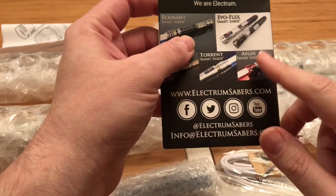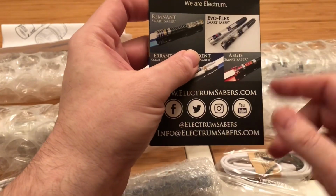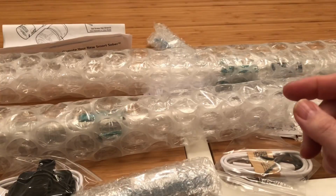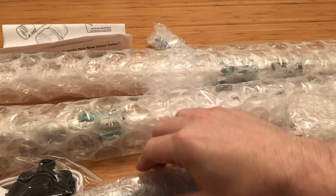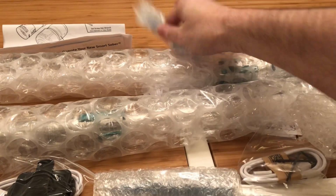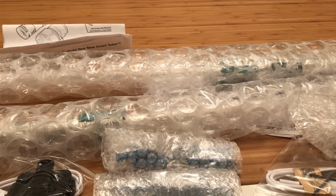These are ones that my wife and I own. I own an Aegis, she owns a Remnant, and I really love my Aegis. It's probably one of my favorite lightsabers. And so recently I picked up the configuration for a Saberstaff, and